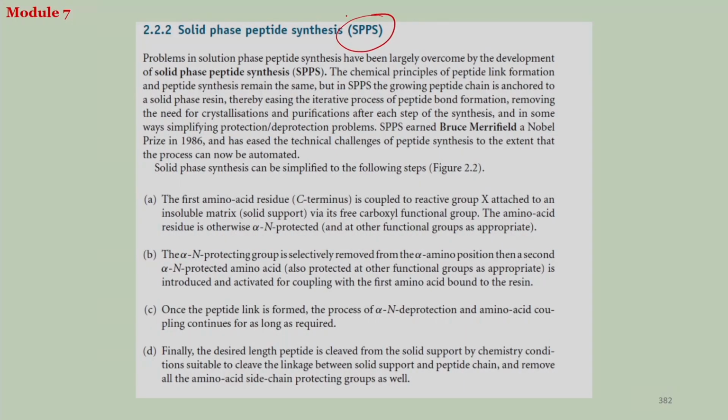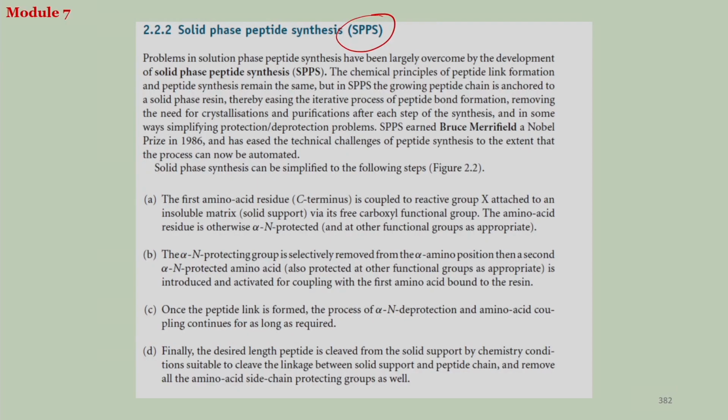So, now this is for the chemistry. Now, we will be coming to the solid phase peptide synthesis. Solid phase peptide synthesis, or in short we call it SPPS, is of course, as you know, the synthesis of peptide, how peptides can be synthesized, but we do not do it in solution phase, rather in solid